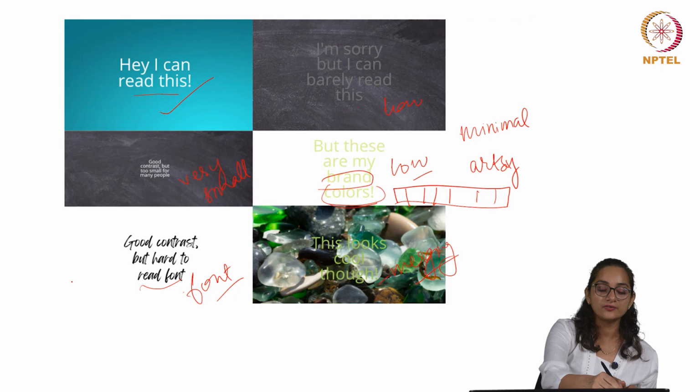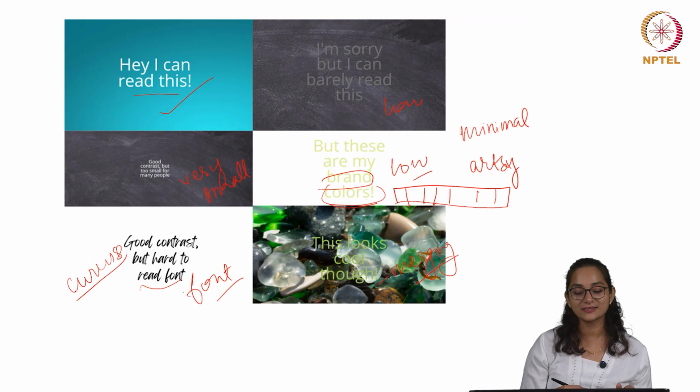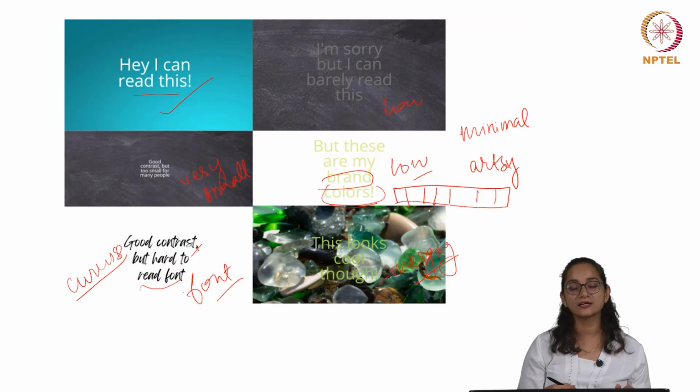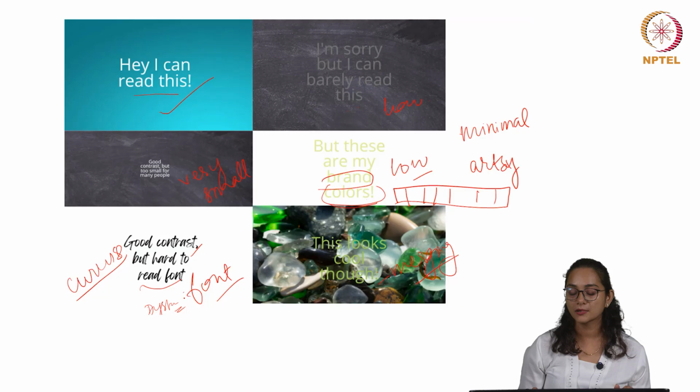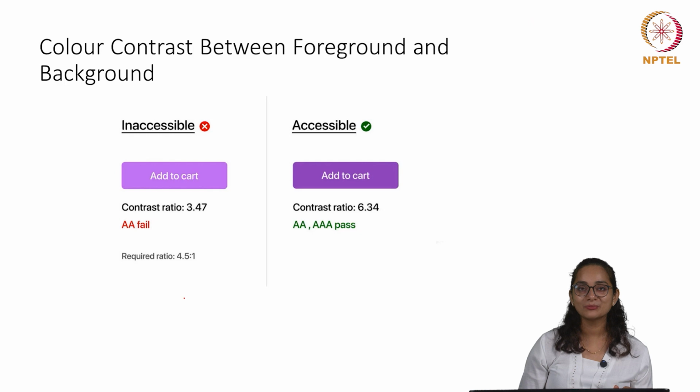Then there is definitely cursive, which is not for digital access. This almost reads like an image and it is clearly not readable by a lot of people. Probably because of the running font, people with dyslexia can also not read it. Similarly, merging text over an image, maybe it looks cool but it's not accessible. We'll look at some more examples.